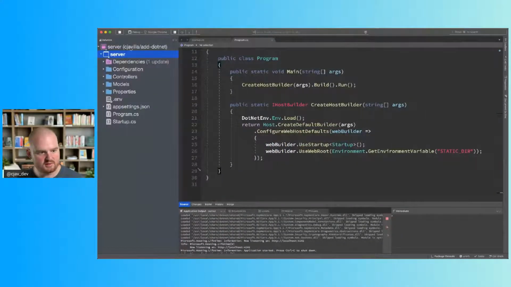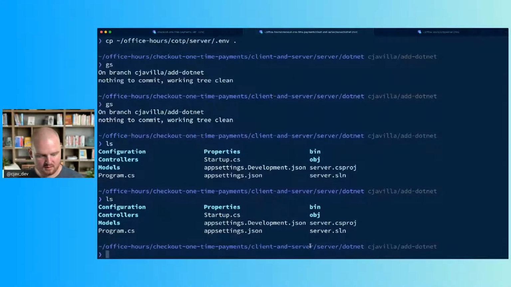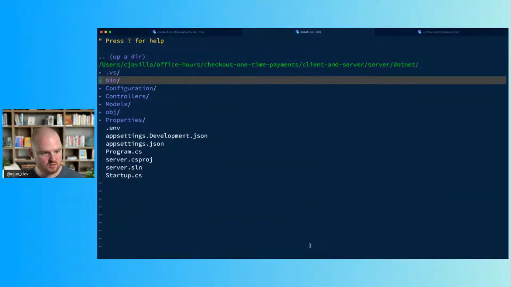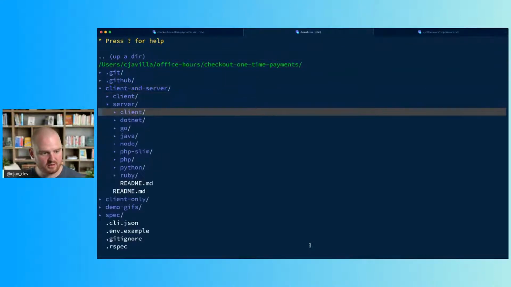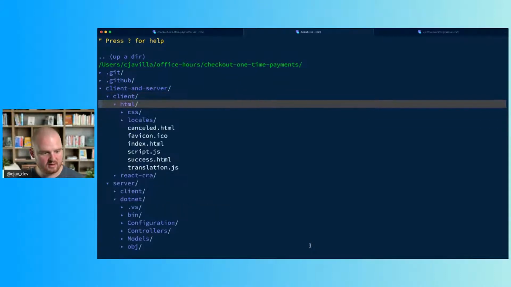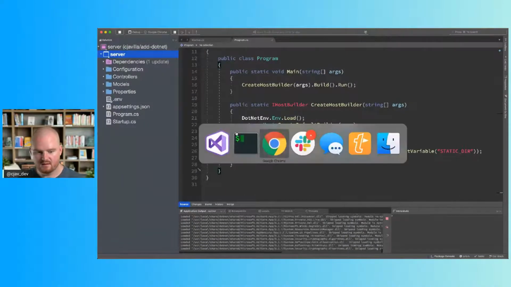Okay, so this is living in .NET. Up one is server. Then we have client, right? So let's go up, up, up. Okay, so in client server, we have .NET. And then we have client, we have HTML. So this client HTML is where I want to be drilling into. So up and over, client HTML. Oh, it's HTML, not HTTP. This again. Stop, start,